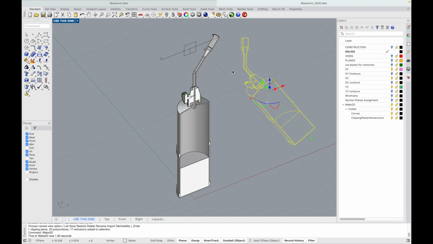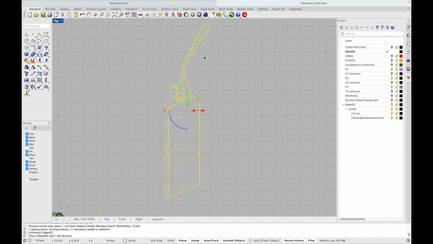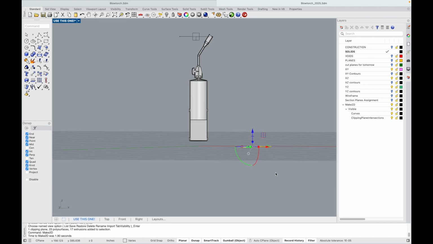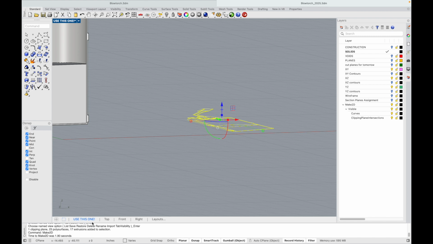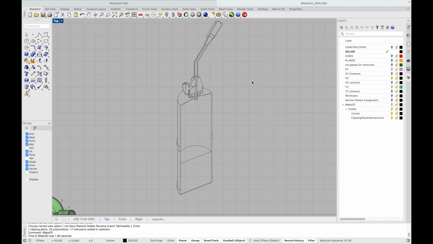okay, you can see it's made this drawing, which looks a little bit weird right now, but that's because when it makes this drawing, it dumps it on the top plane, right? So if we look at it from the top view, it's going to look very normal. If we look at it from this view, you can start to see when I rotate the view that it's just stuck it all on the top plane and we're just seeing it from a weird angle, okay? So if we go over to top view, we can see we've got this cool line drawing over here,